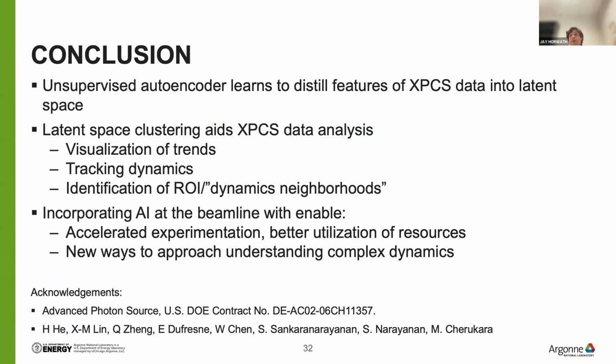And the big takeaways are that we can use this unsupervised machine learning to try to understand this really complex data without having to build in our human bias, which is especially important since we don't know much about the dynamics and especially the microstructure of these non-Newtonian fluids. We can use latent space clustering to build initial classification of the different types of dynamics, which allows us to track the dynamics with respect to bulk properties, and also to identify neighborhoods where we see sort of anomalous